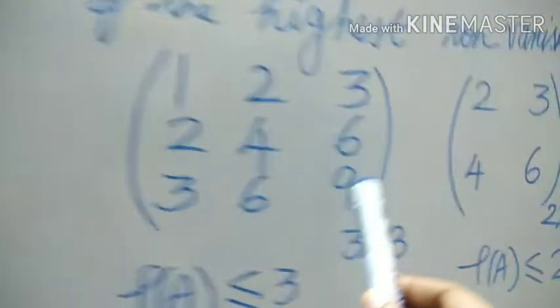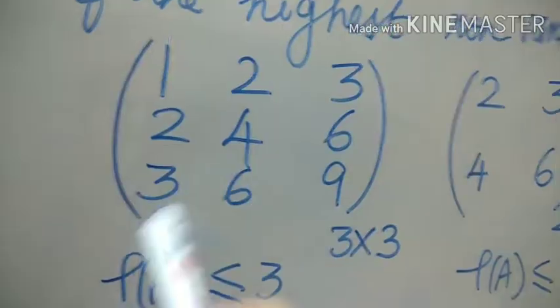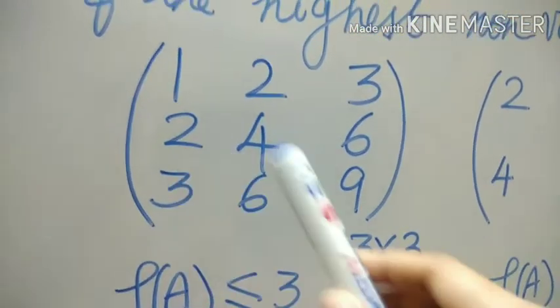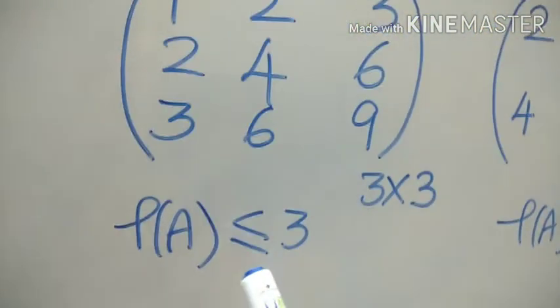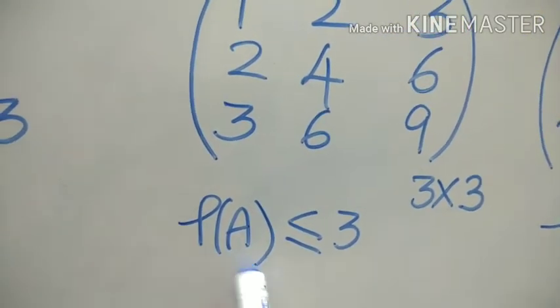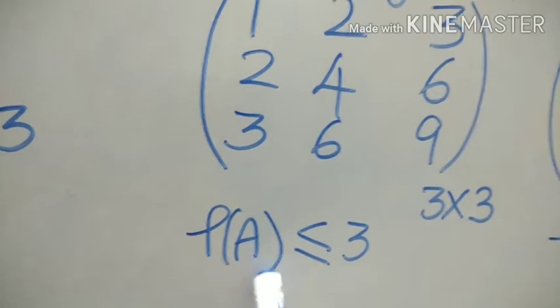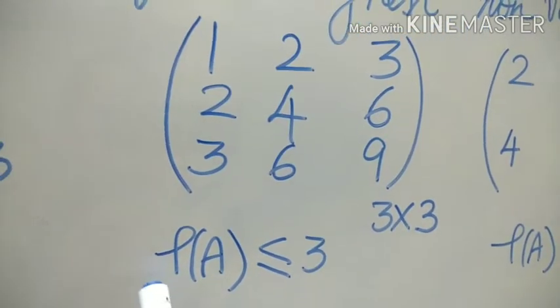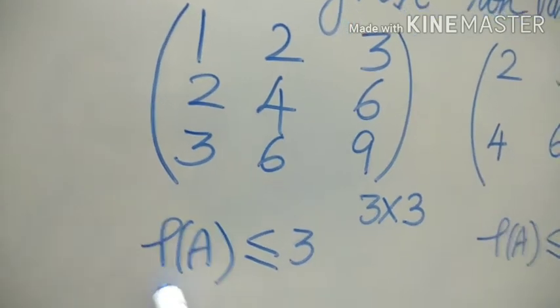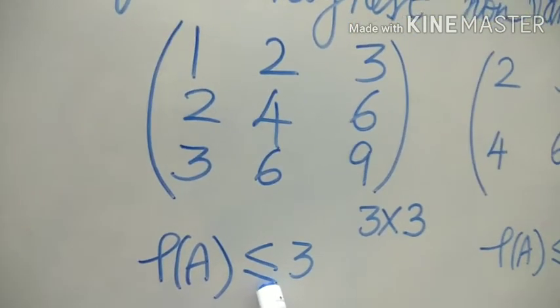See, there is another matrix which I have written. Here also there are 3 rows and 3 columns. Here also I will say the rank will be less than or equal to 3. Rank I denote as rho of A. This symbol we call rho of A, a Greek letter somewhat like our capital P. Rho of A is less than or equal to 3.